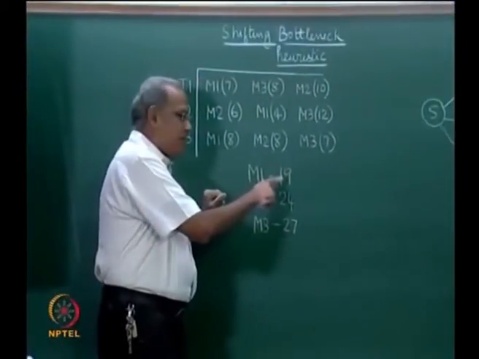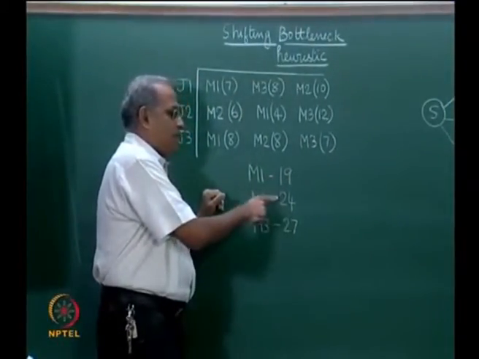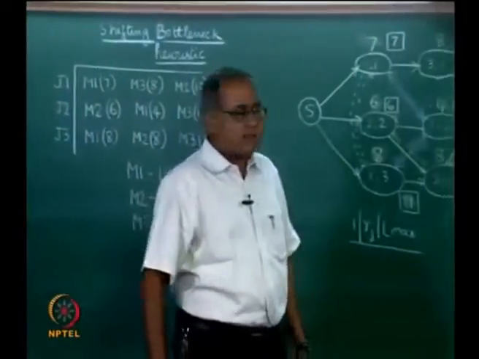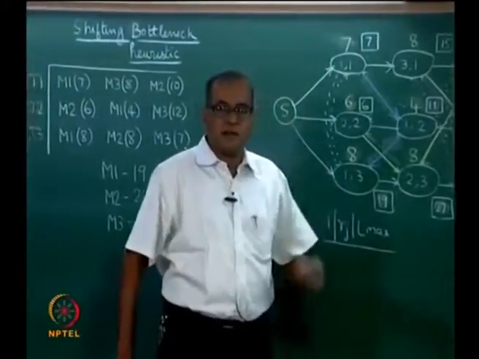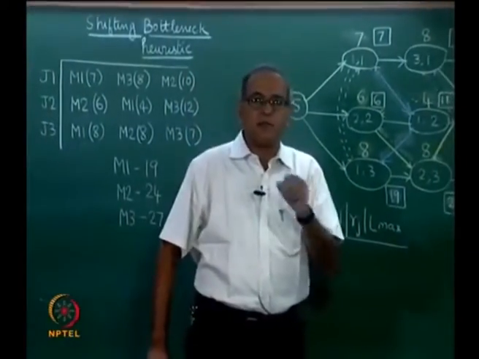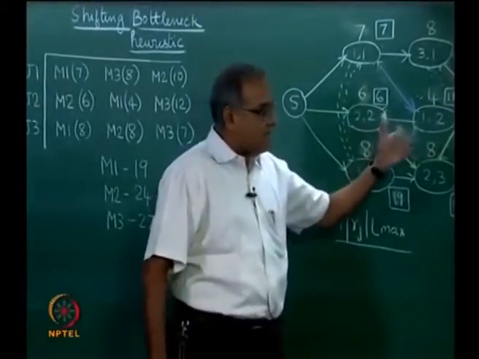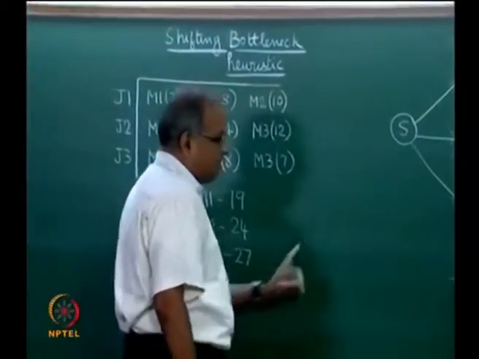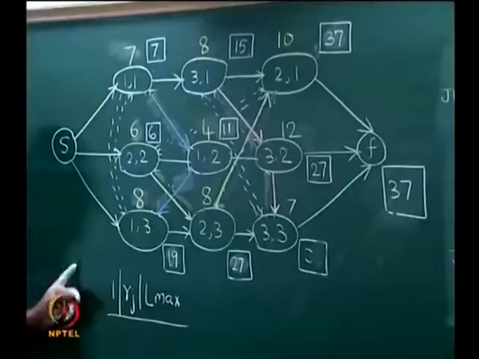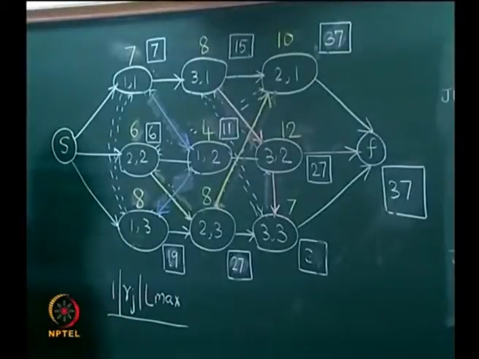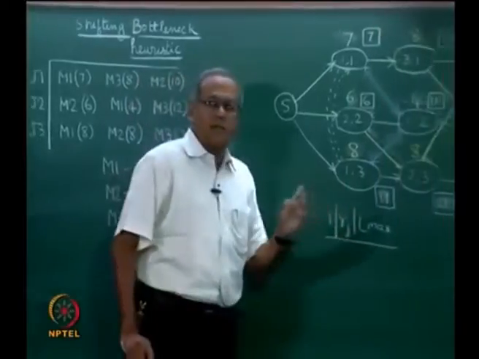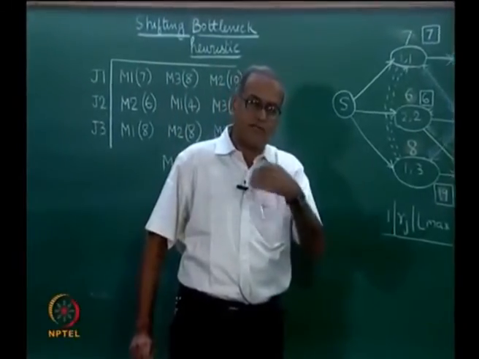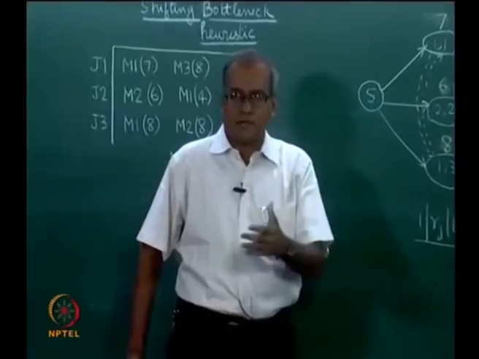So, here we took the machines in the order M3 followed by M2 followed by M1. This order need not be the optimal order. Therefore, the shifting bottleneck heuristic does not guarantee the optimum solution, even though it solves an optimization problem at each stage. We also have to observe that the 1 | rj | Lmax problem is actually a difficult problem to solve, but luckily the branch and bound that we used is able to solve problems of reasonable number of jobs optimally.